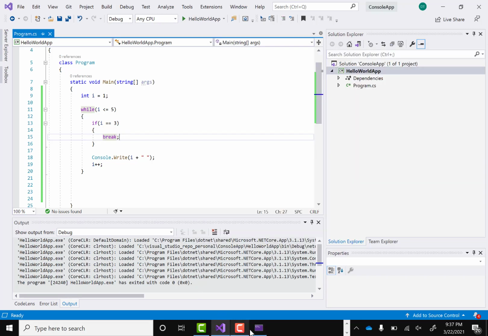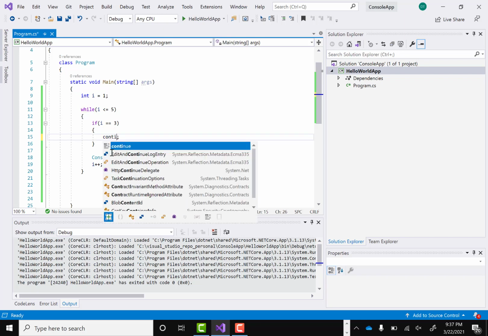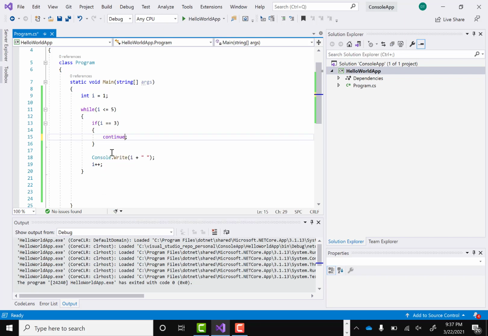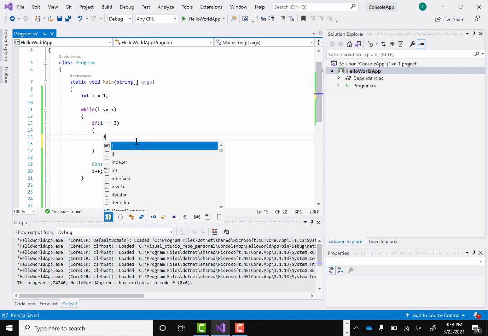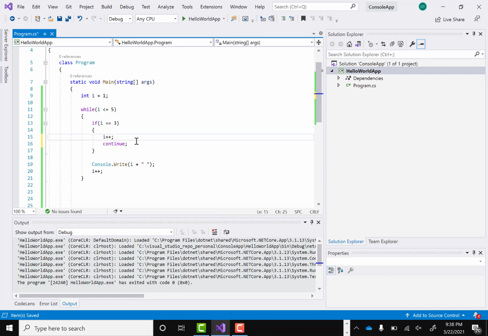Similarly, let's say we are checking the continue statement, so in this case what would happen? Continue. It means that if i is less than 5 and I will start from 1, it will print 1, it will print 2. As soon as it becomes 3, then it will say continue, right? So in this case, even if it continues, we have to increase the i value, right? So we have to do i plus plus, right?